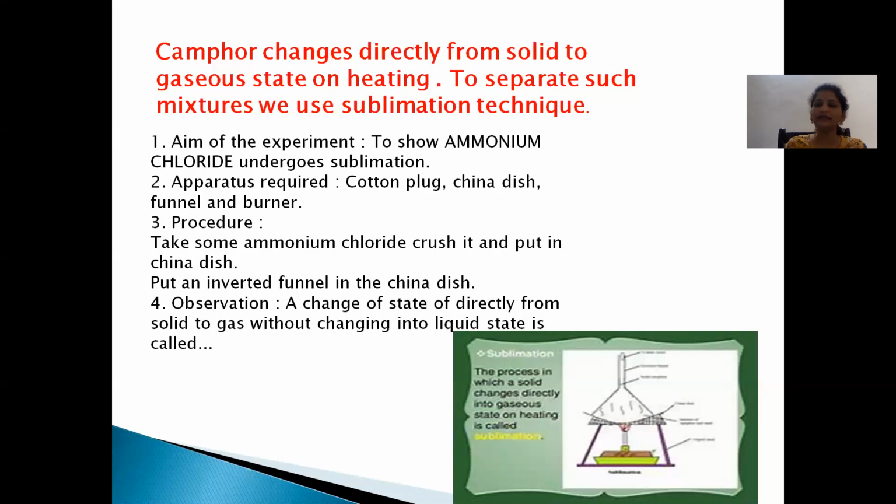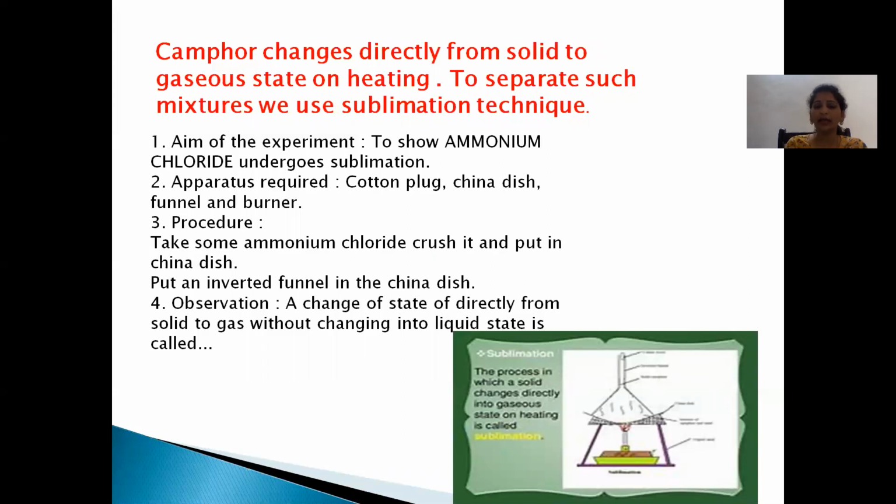In this lesson, we are going to read about miscible and immiscible liquids. Immiscible liquids are those that cannot combine with each other completely or dissolve in each other completely. Example, oil and water. And coming to miscible liquids, they completely dissolve in each other, like salt and water, or sugar in water. So these two techniques, how to separate miscible and immiscible liquids, we are going to read now.